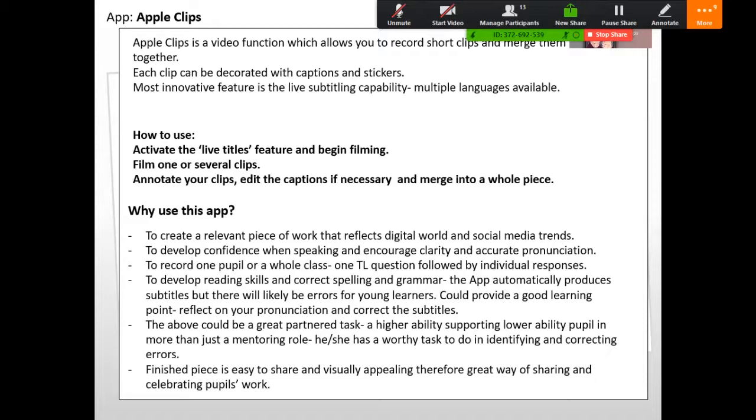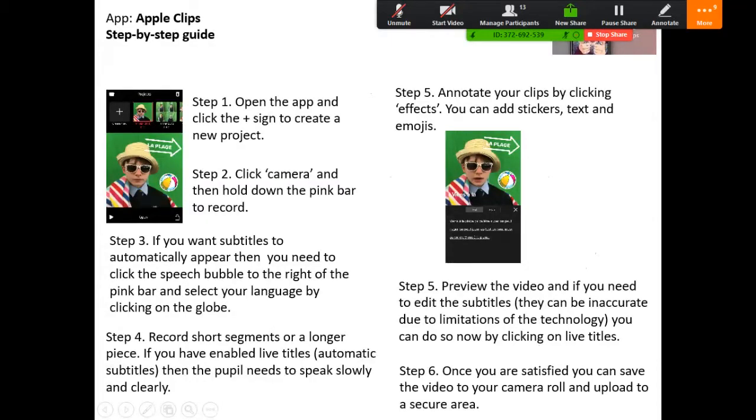Then the finished piece is easy to share, it's visually appealing, and therefore a great way of sharing and celebrating people's work. So if we move to the next slide, I will show you two versions.